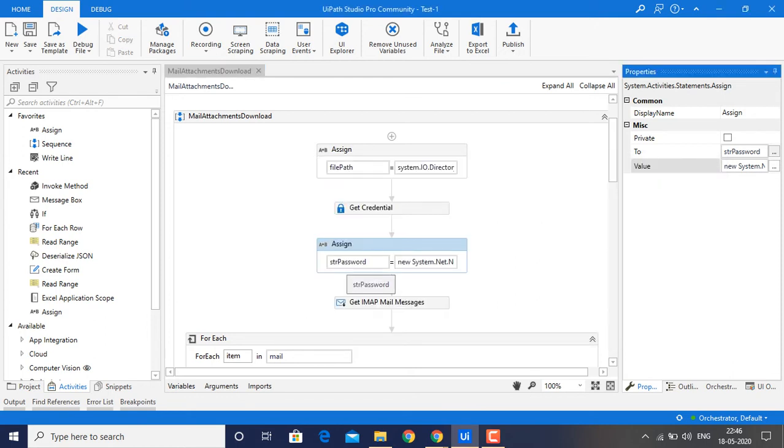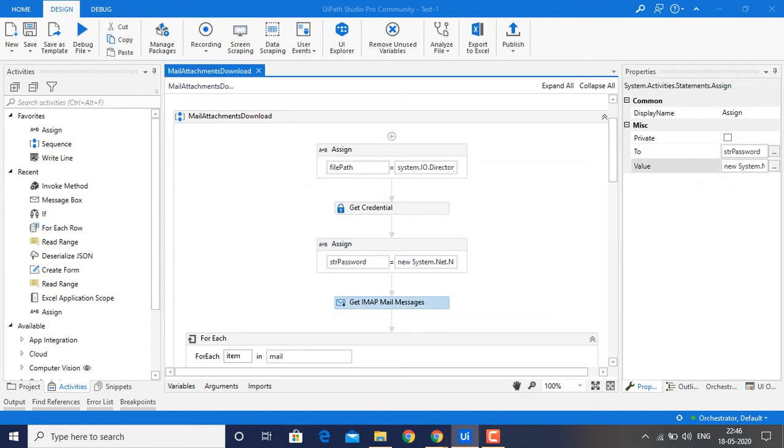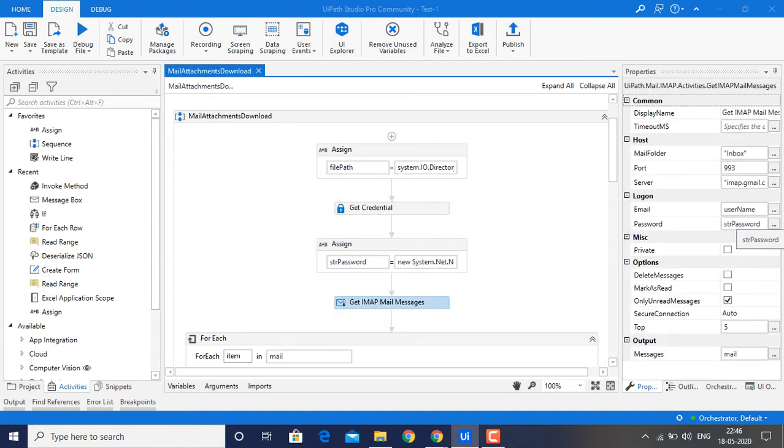So I have taken a string str password, and a new System.Net.NetworkCredential, where the string is empty earlier and the password is my password we have fetched from the Orchestrator, and this is the password field, and I'm mentioning it here.